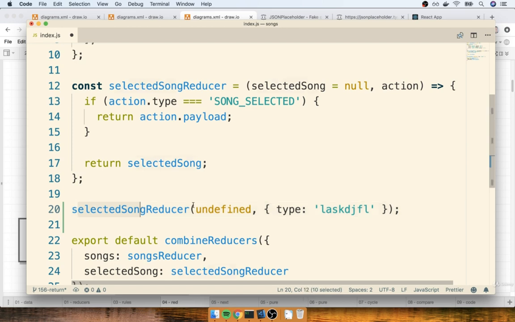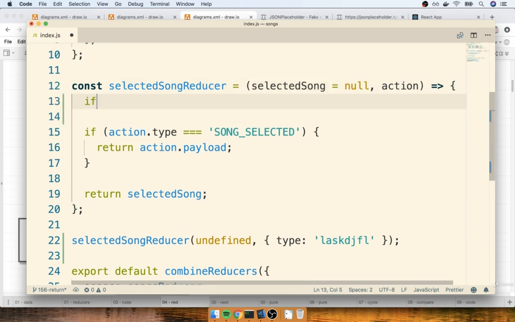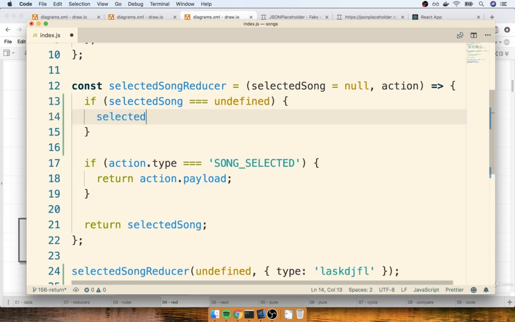So the first time that our reducer gets called, we're going to look at that first argument and very quickly realize that it is undefined. That's why we put a default value for selected song right here. Remember what this syntax really does. It's a little bit of ES 2015 syntax that is essentially the equivalent of saying if selected song is equal to undefined, then change the value of selected song to be null instead.